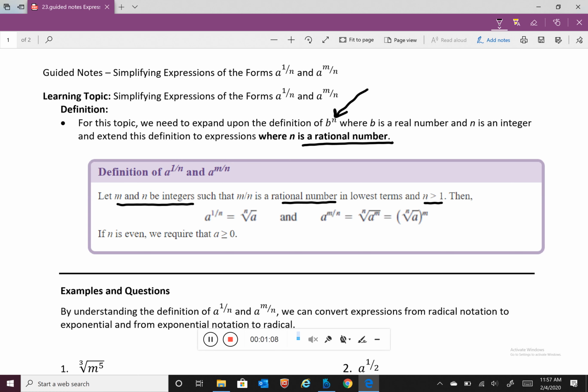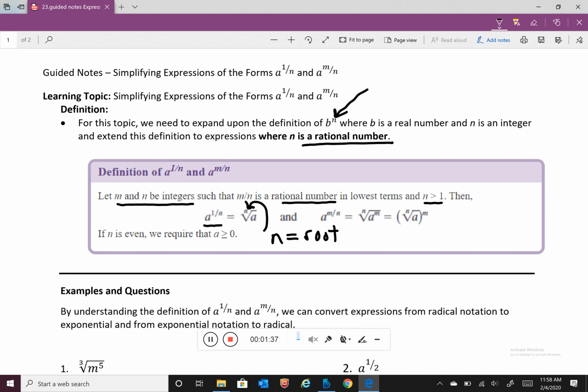So this means that a raised to the 1 divided by n is equal to the nth root of a. Very important, that means that the denominator of our fraction indicates the root or index of our radical. So n is our root,